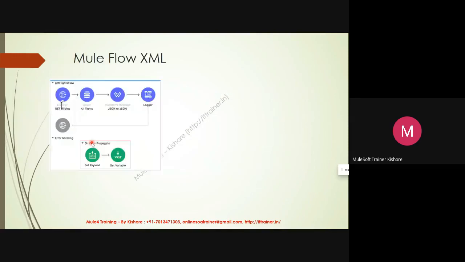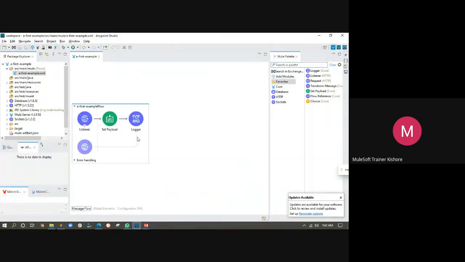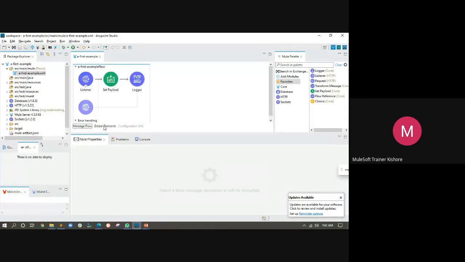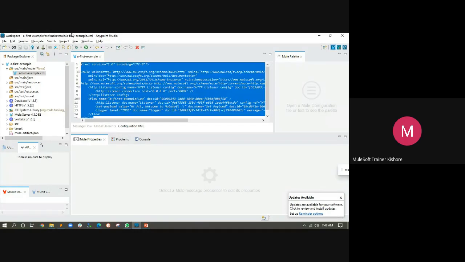And Mule configuration file and then XML. Every piece of code that we write in graphical mode in the message flow, we have something called configuration XML. This is your configuration XML, where the actual code is automatically generated when you drag and drop anything.